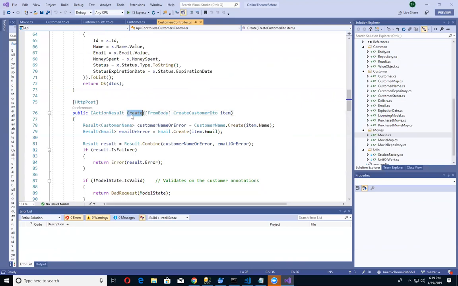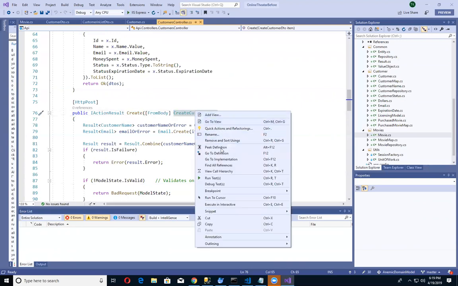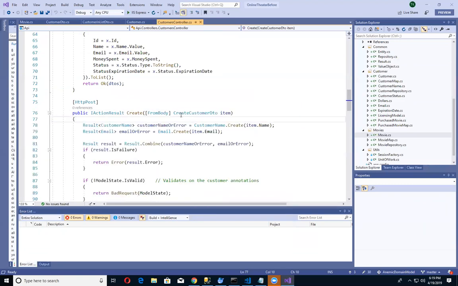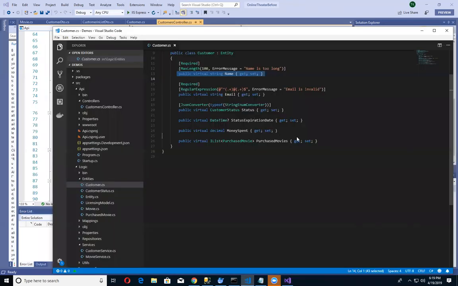So when you're creating, you can only create a customer with the name and the email. So why let them pass you the whole customer object that has all the rest of the stuff that could